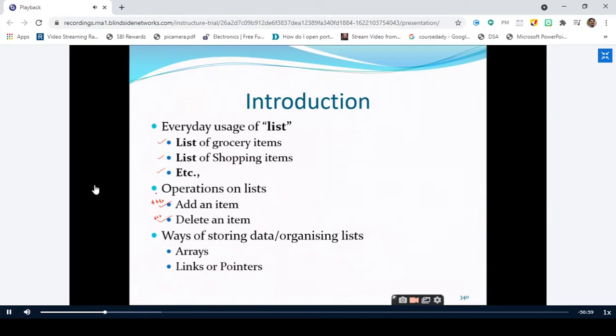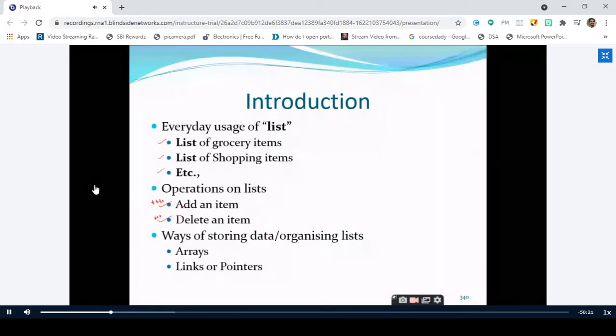So we have many operations other than this. You can traverse the list. Traversing means you visit each and every node, and you do whatever operation you want to perform. For example, if I visit a node, I wish to print that node. Or you can write a program where you visit the node, add some x value to that node value, and then print. Traversing is nothing but visiting each and every node only once. So visiting only once is called traversing. We have a number of operations, but out of which adding an item to the list and deleting an item from the list is very important.